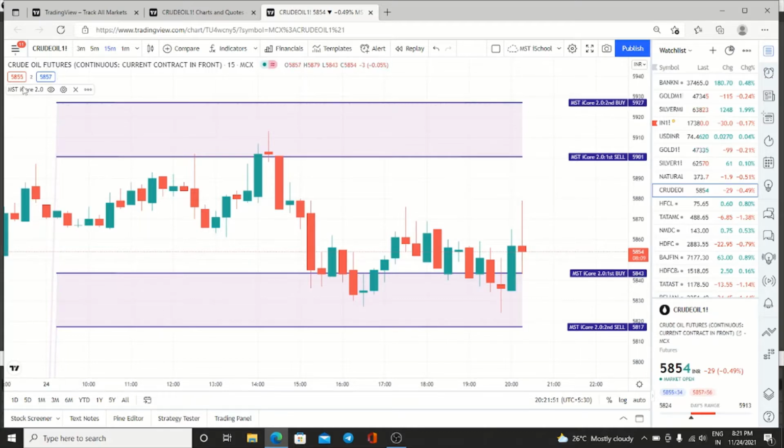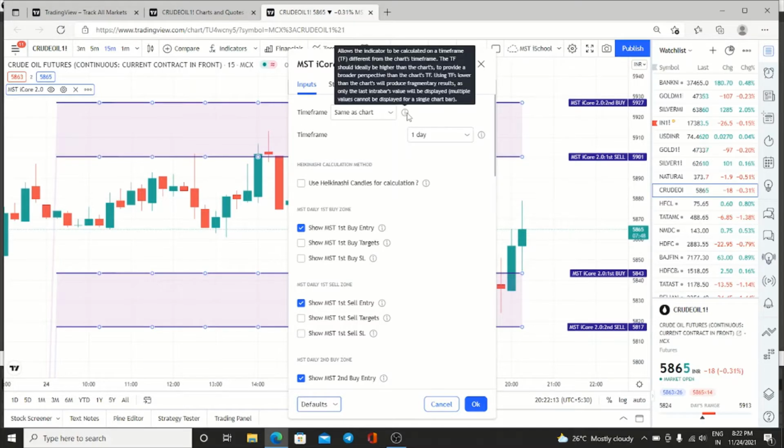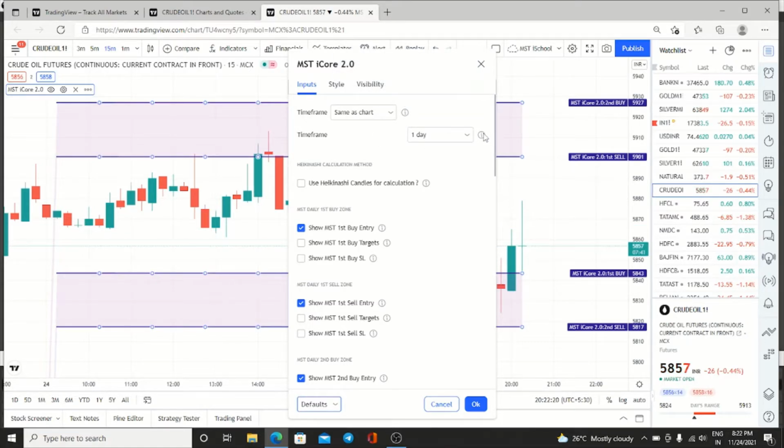Today also we have given some update in the indicator. So here you can see in the indicator we have the following contents. Every day when you come to trade, please come to the indicator settings and press the reset button. What we have added extra today is the self-explanatory section. If you keep your cursor on this I button, the information button,